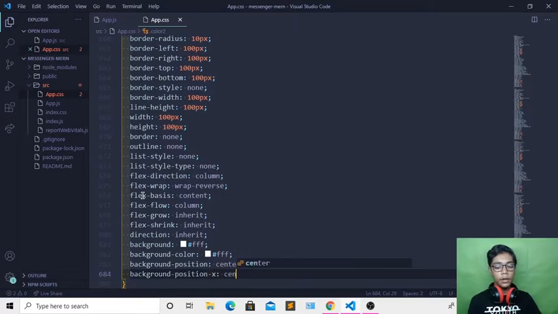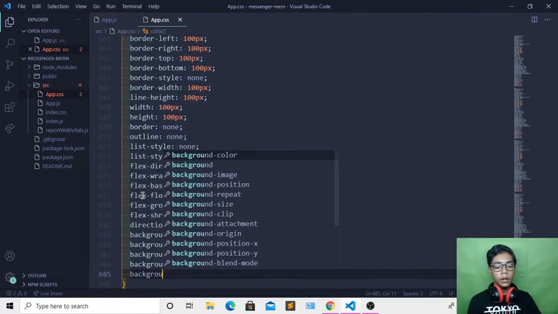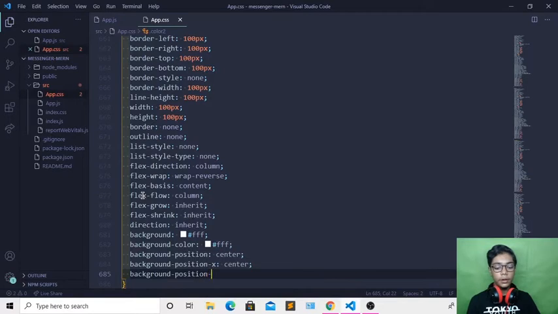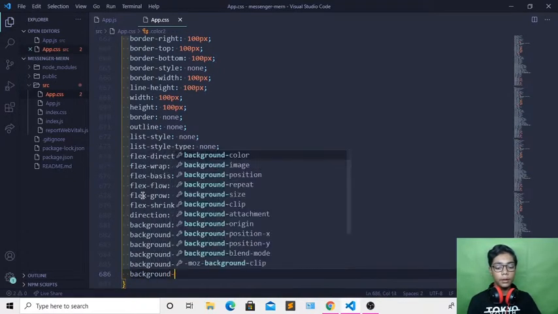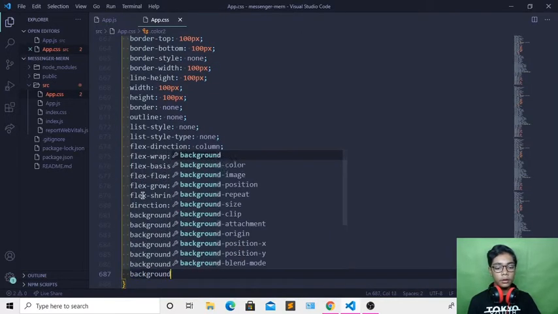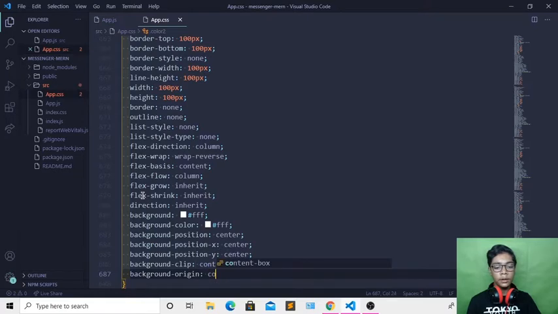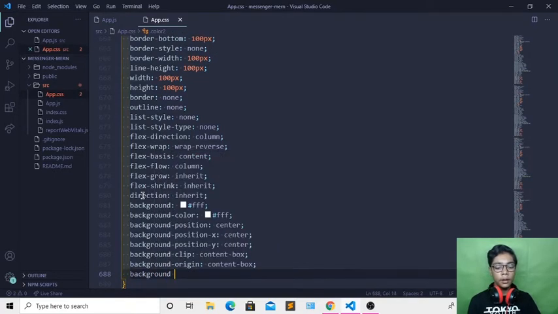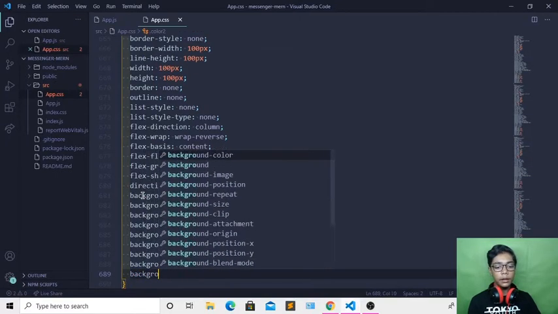So now when you create that, I will be coming underneath, creating background-position-y, so create that in center. Then I will be coming underneath, creating background-clip, which should be content-box, create background-origin, which should be content-box, then creating background-repeat, which should be repeat, and then creating